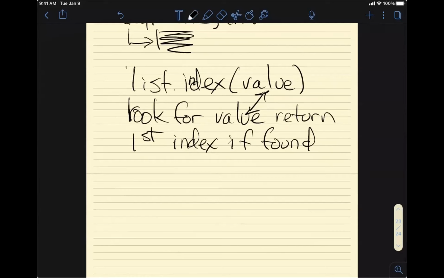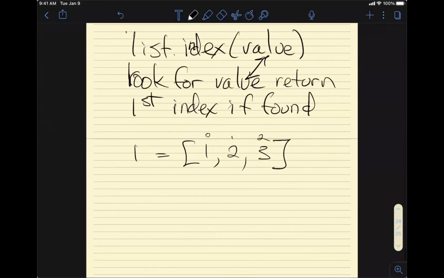So, for example, if the list is equal to 1, 2, 3, the indices of these values are index 0, index 1, index 2. If you were to say L dot index of 3, it would return 2.